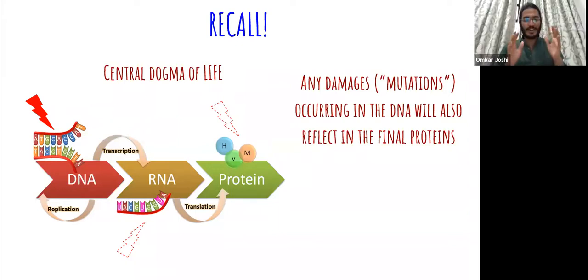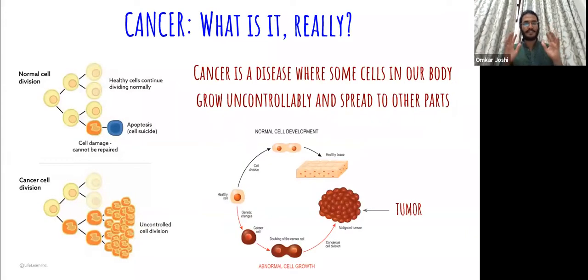All right. Okay, so if mutations, DNA and protein is okay, then let's move on to the topic of today's talk, right? So the topic of today's talk is cancer. Now, you all might know that Dr. Karishma has done an MBBS, right? So if you ask a clinician what cancer means, they'll tell you these 2 lines, right? Cancer is a disease where some cells in our body grow uncontrollably and they spread to other parts. So as long as there is the spread to other parts, the clinician will call it a cancer.